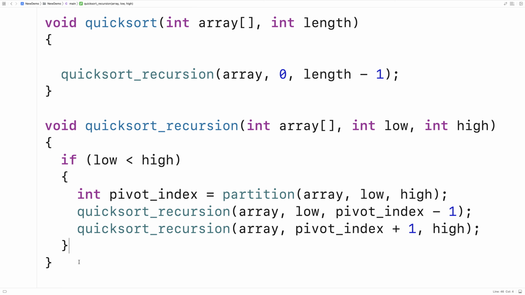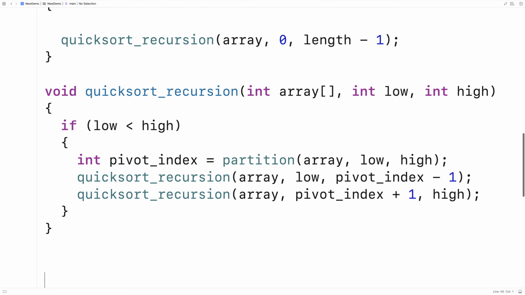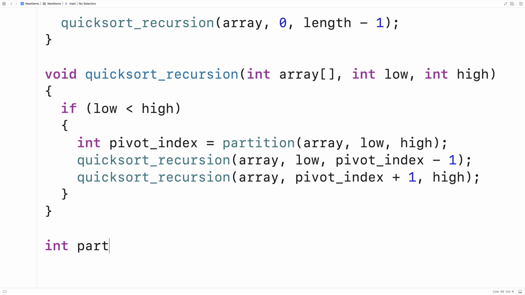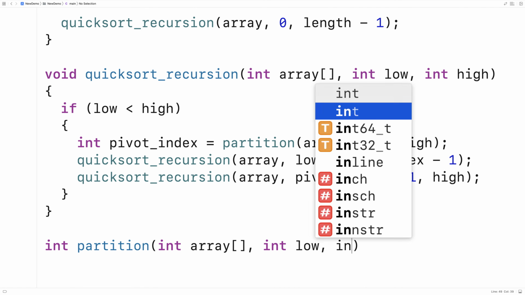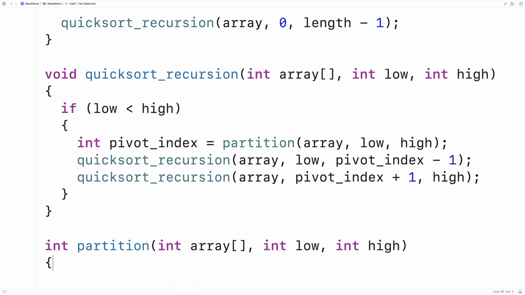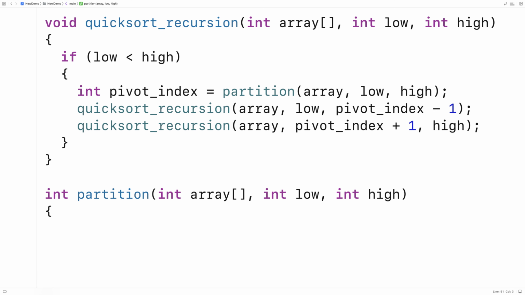And in some ways, this is the core step of the Quicksort algorithm, and it can be the part that's a little bit tricky to interpret. So I'm going to try to help with that. So here we'll say int partition(int array[], int low, int high). So our first step is going to be to get the pivot value. So the pivot index is just going to be high, because for now, we're going to go with the assumption